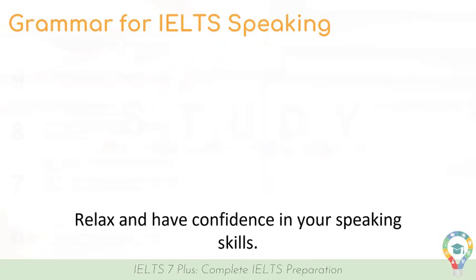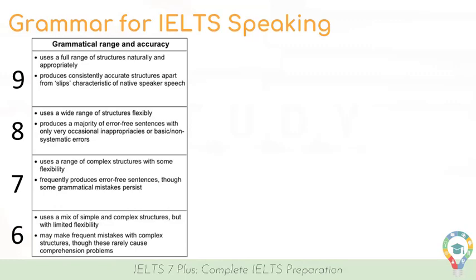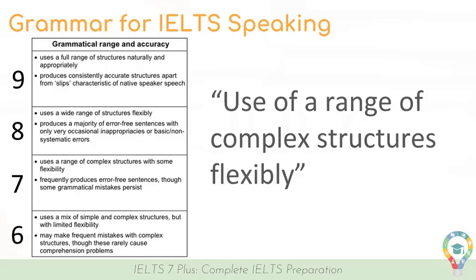Let's return to the band descriptors to help us to understand why those 3 main types of sentence structures can be very helpful. Again, if we take a look at the 7 band score, it simply says use a range of complex structures flexibly. An easier way to understand what complex structures is to think of it as just adding a lot more detail into your sentences when you are speaking. Now, that doesn't necessarily mean using lots of adjectives, but adding extra pieces of information, and that's what you will